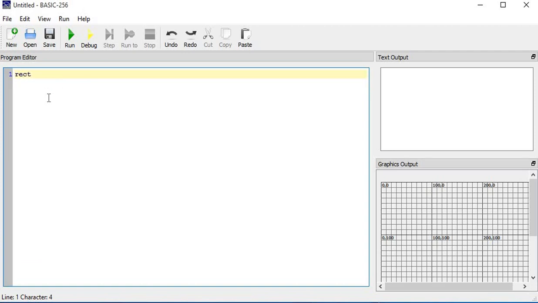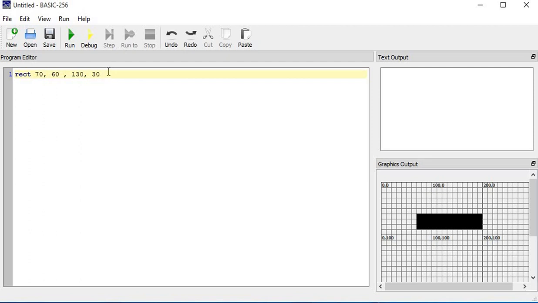Let us write a program to produce a rectangle, a random one, say 70, comma, 60. These are the coordinates. It will start from 70 on the x-axis and 60 on the y-axis. The length I will keep as 130 and let's say 30. Yeah, this is it, and I will just run the program. Just see over here. Yes, it started from 70 on the x-axis and 60 on the y-axis, and then there is the length, and there is a rectangle formation. So this is how a rectangle is defined.